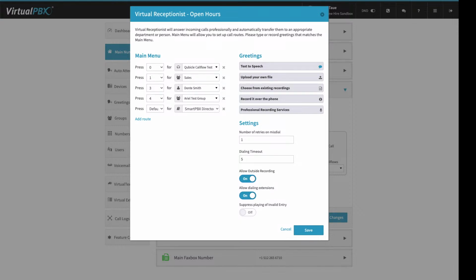Now, if you don't need a menu option any longer, you can click on the little X icon here to the right, and that removes it. Any changes you make to your main menu, to your greetings, or your settings, you will need to click Save down here at the bottom right, and then you need to click Save Changes here